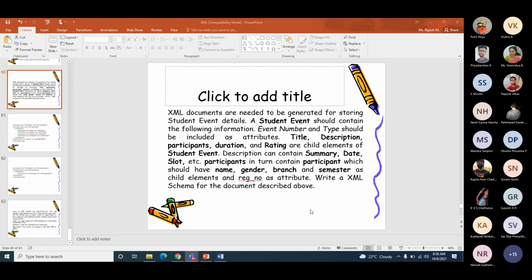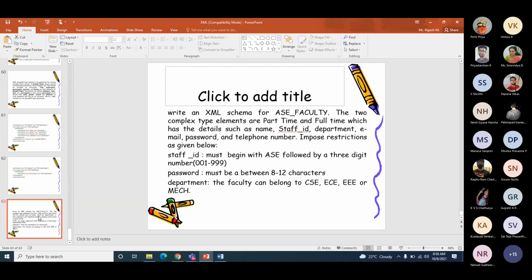Have you finished the previous one? Yes, sir. So this one is completed, right? So one more question we will try to do, and then we'll wind up XML today. And the same we will finish off in the lab also with XSD. That's it. The next topic will be on a NoSQL database called MongoDB. We'll try to do it.